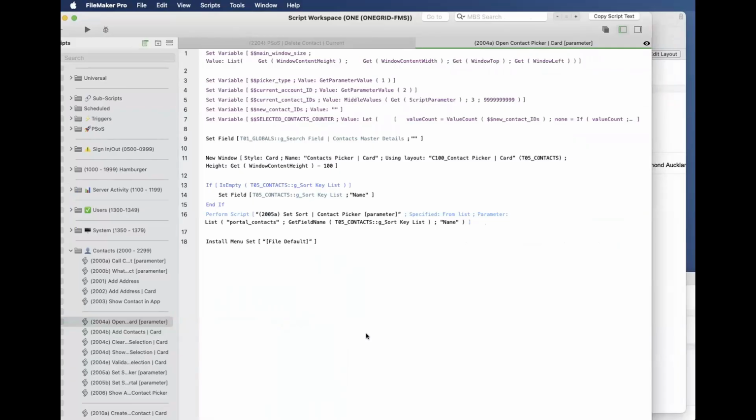Okay? So here, for example, what do I need here? I need the main window size. I need the picker type. I need the current account ID. I need the current contact IDs. Okay? I need the new contact IDs, and I need to reset this because all of those are globals,